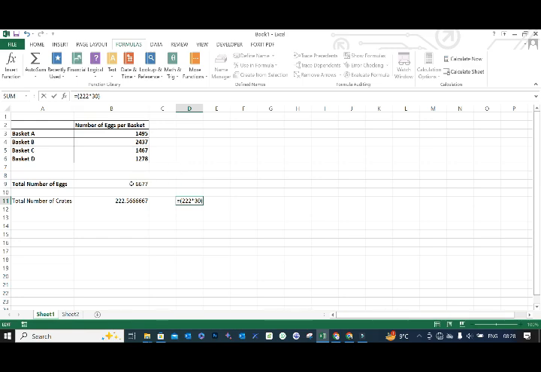I'll just take the total number of x that we have, and then subtract the ones that constituted 30 crates. I'll simply take the total number of x, and then subtract those eggs that managed to fit into the 222 crates that we have discovered from our formula, which is when we put that one in brackets and say 222 multiplied by 30, so that Excel, when it's doing its calculation, it will prioritize